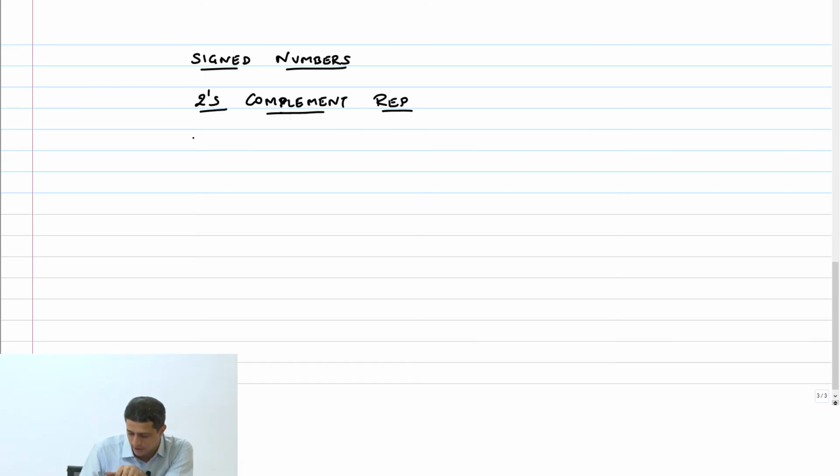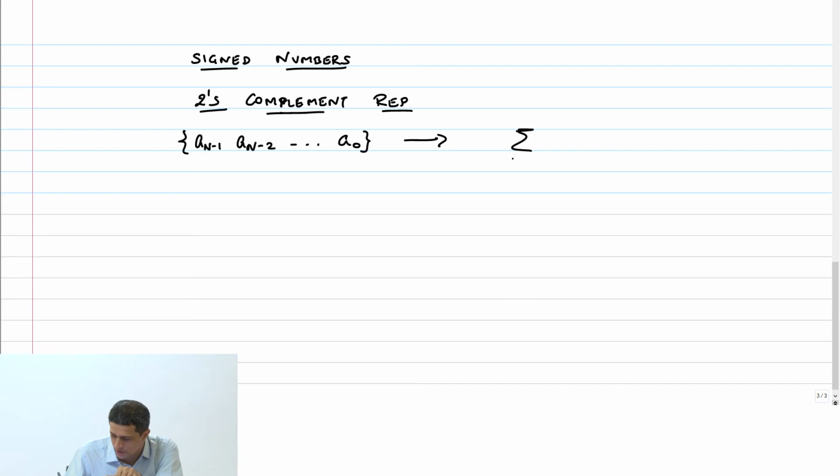Two's complement representation: I have an n-bit number, a_{n-1}, a_{n-2}, all the way to a_0. If it were an unsigned number, the value would simply be the summation for i equal to 0 to n minus 1 of a_i times 2 power i.